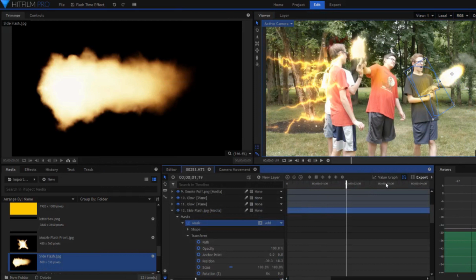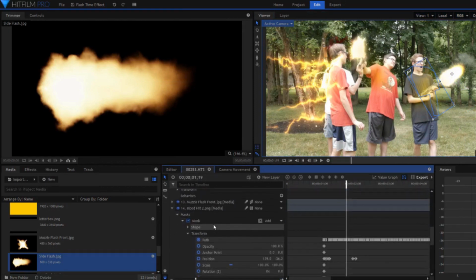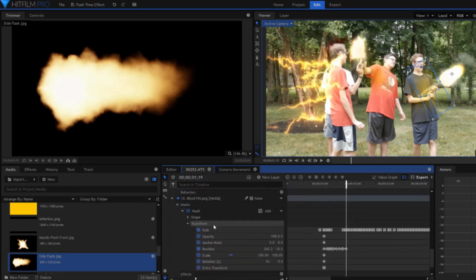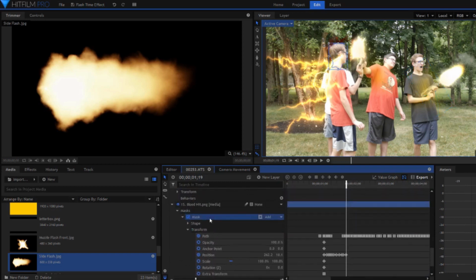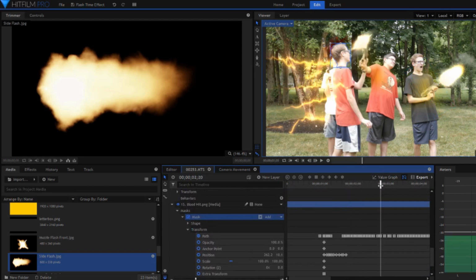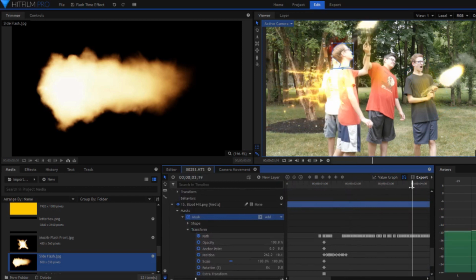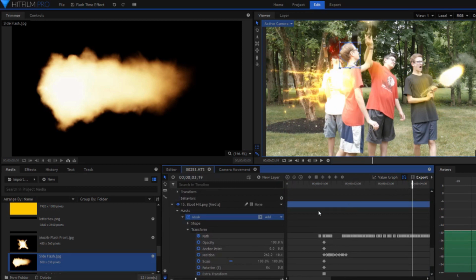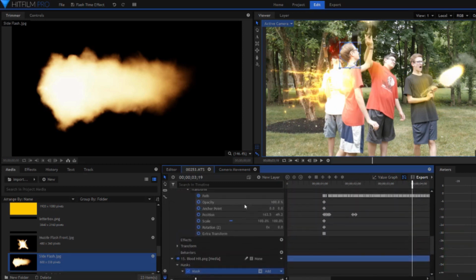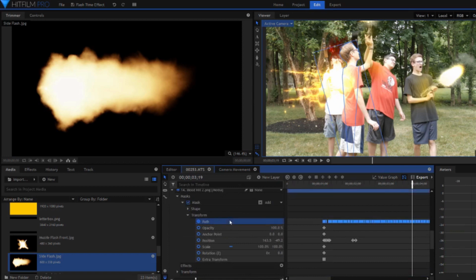One word can really sum up what I did: rotoscope. This concept is one I'm becoming very familiar with as I continue to edit. If you don't know what it is, I can use one of the blood impacts as an example. As you can see, I've applied a mask to the asset, just as I pass in front of the asset. I've clicked the bubble next to the path option under the controls for the mask, and I've begun to create